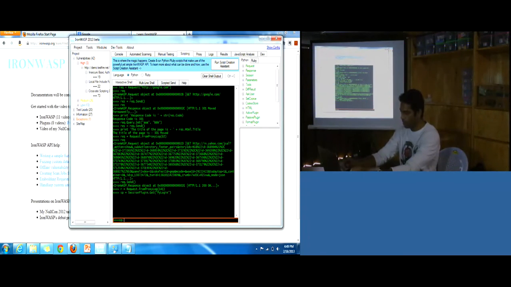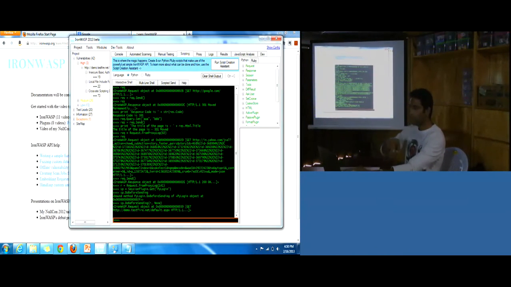The session plugin has a method called do_before_sending. So I'll say sp.do_before_sending, and I'll pass the request as an argument, and then I have to pass another argument, which is the response object. In this case we don't have any response, so I'll just pass null as the input.